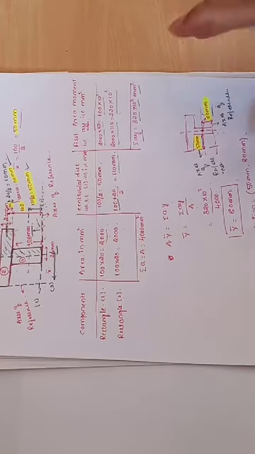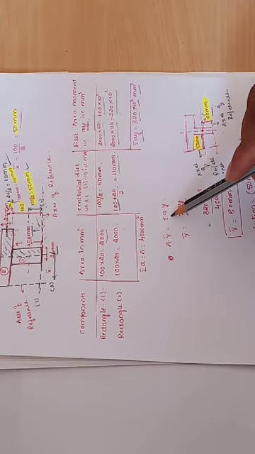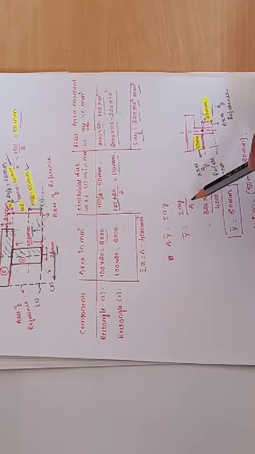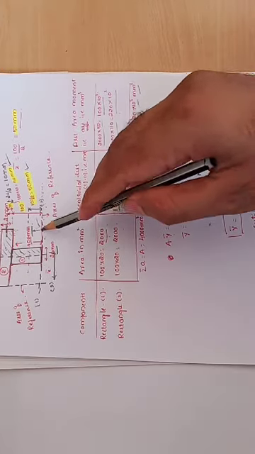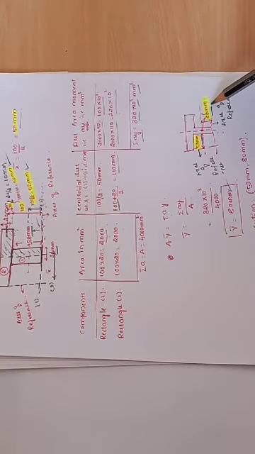So substitute in the formula. That will be summation of AY divided by the total summation of A, which is equal to 320 into 10 raised to 3 divided by 4000. How much will you get? 80 millimeter I got. With reference to 1 axis, the distance will be 80 millimeter.